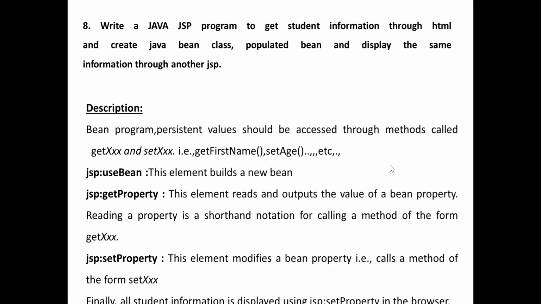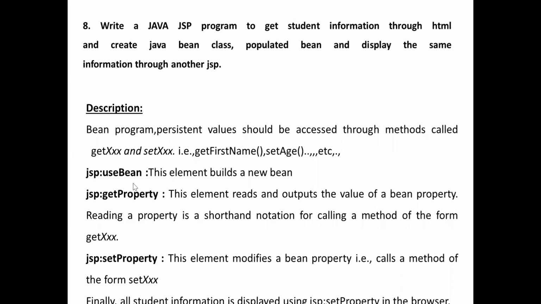The program handles the student information, so it may be first name, last name, age, semester, etc. That is the way this persistent data can be accessed, by using getXxx and setXxx, and jsp:useBean.